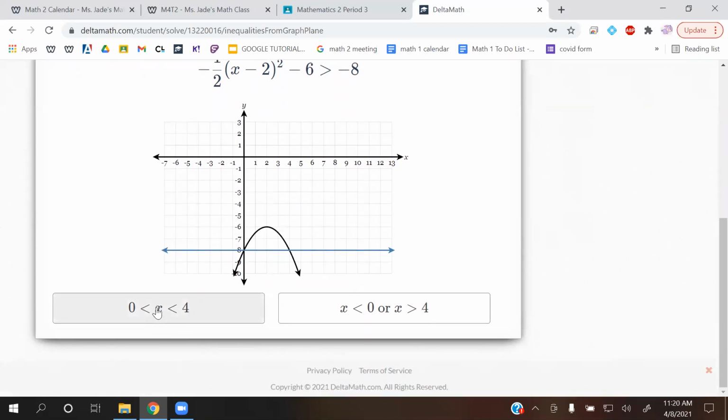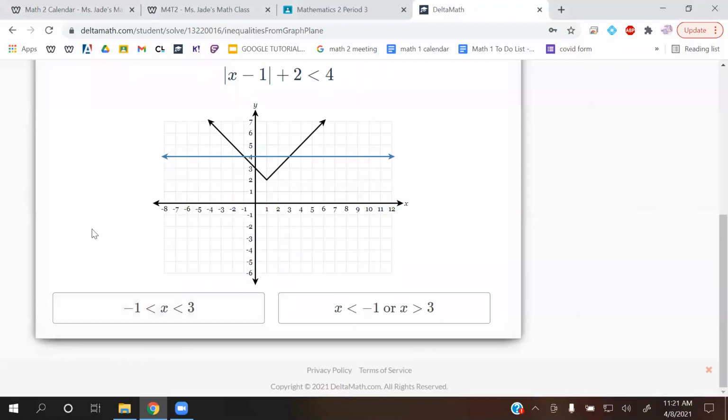And literally that's this one. This is the x values literally in between the 0 and the 4. Look how it's placed: 0, x, 4. The x is in between the 0 and 4. So this one is your answer for the first one. I think if I click it, it's just going to go to the next one. Before I click it, are there any questions? And let's click it. Okay, like I said, once you click it, it moves on to the